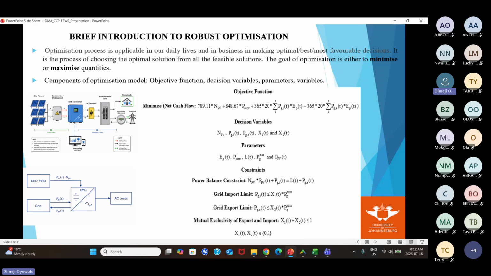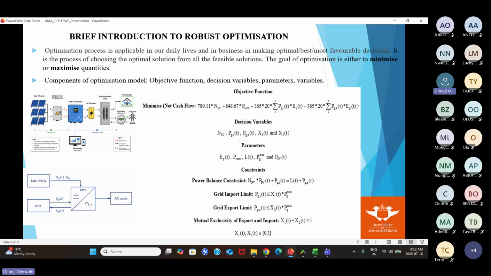Now, basically, we'll start with optimization. We'll go to robust optimization. I have two screens, please: one screen to present my slides, and then another screen to write some things on the whiteboard. And if at any time you have a question, just kindly interrupt and let me know your question, and then we'll take it together, and then we'll move on from there.